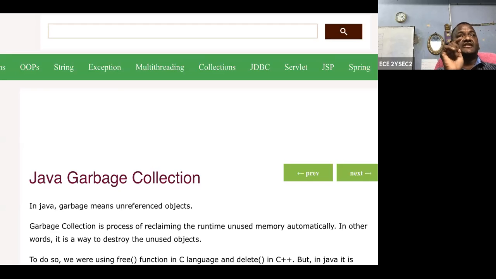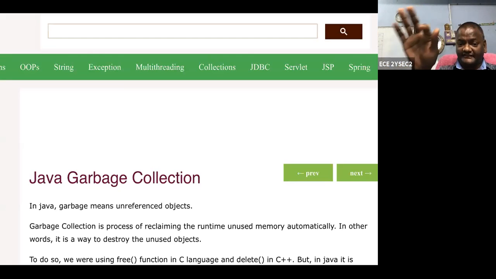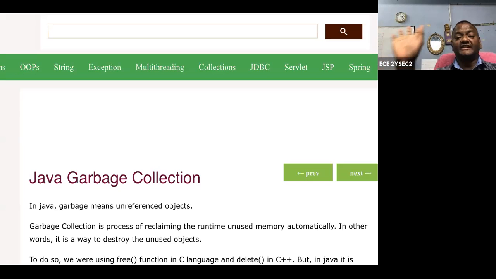In C and C++ languages, the user has to clear the unused memory locations, but in Java it is the default. JVM, whenever an object is to be created, first clears the unreferenced objects. This process is called garbage collection. Garbage means unreferenced objects containing memory locations that should be cleared.